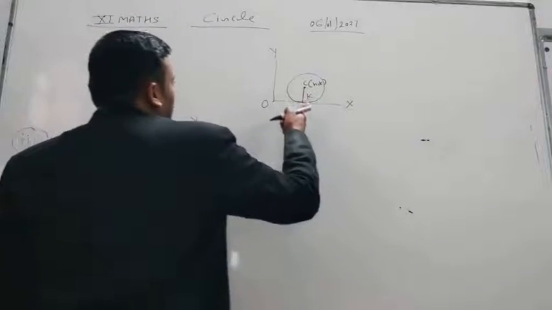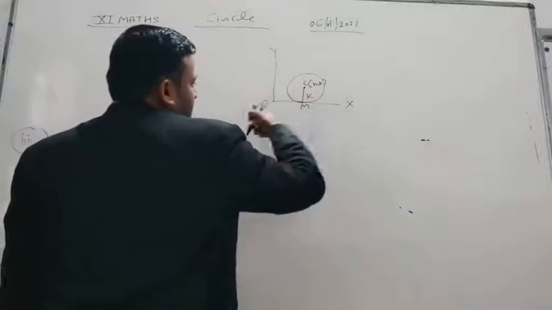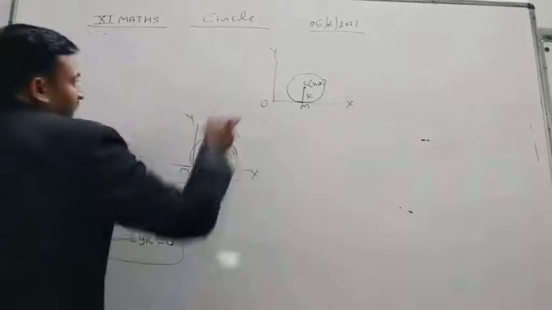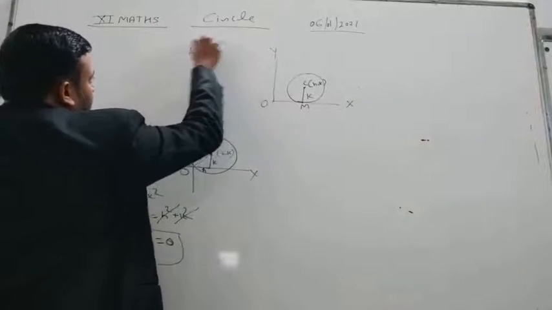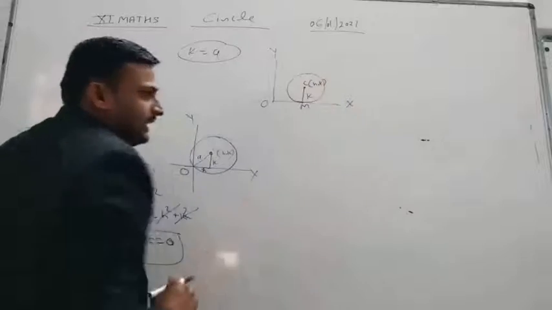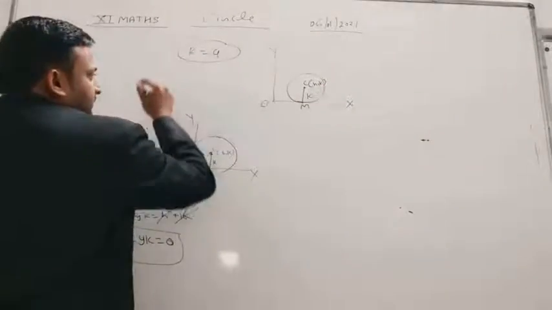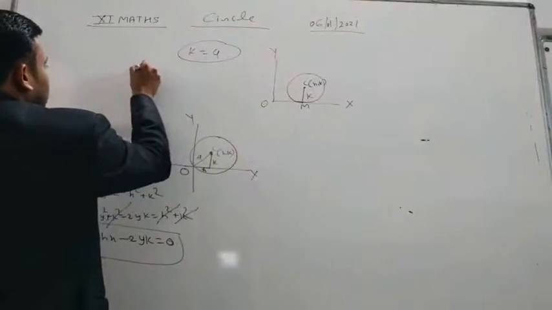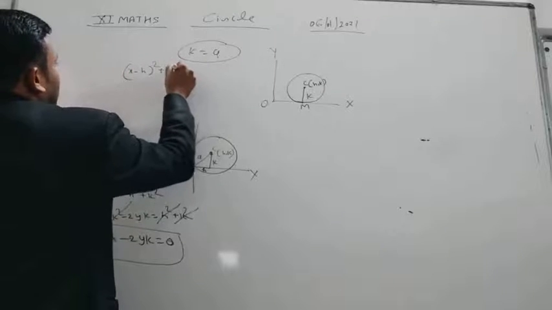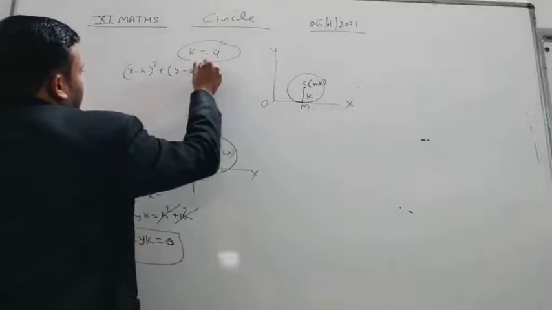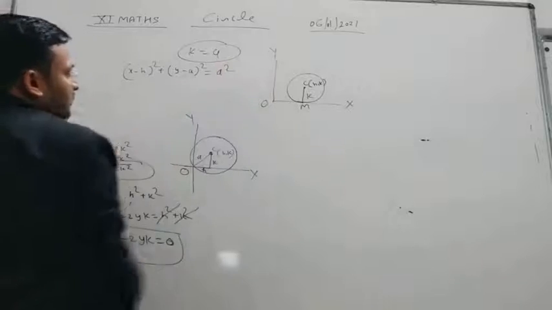Okay student, so when the circle touches the x-axis, our k is equal to a because this is the radius. So the equation of circle will be (x minus h) whole square plus (y minus a) square is equal to